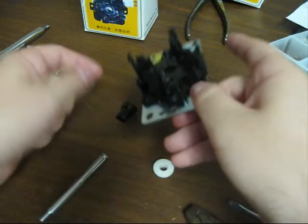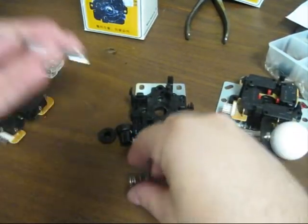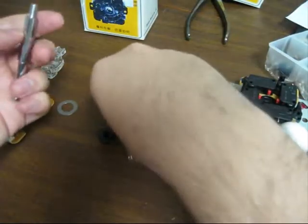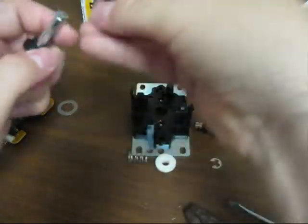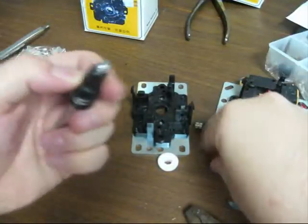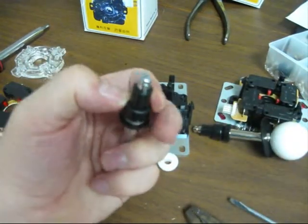you got to take the joystick apart. And the way to do that, let's get this back together again here. Okay, so you got the hat, you got the spring, you got the boot. Okay, and you got the C-clamp. So at the bottom of the